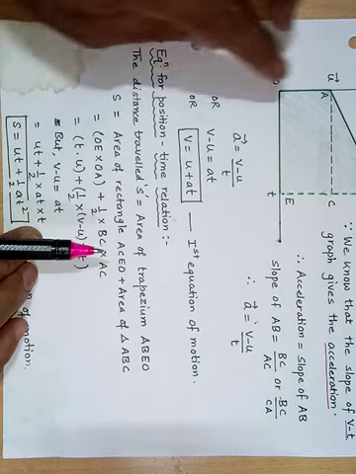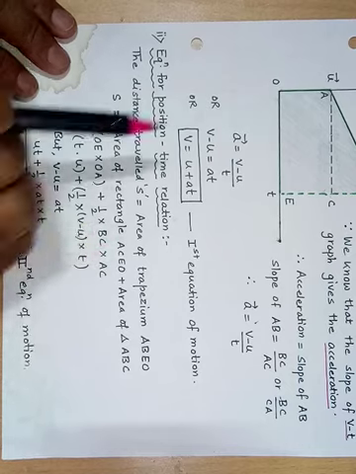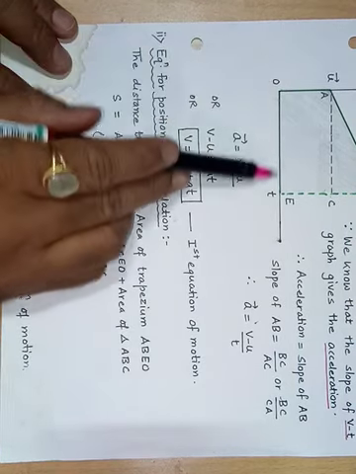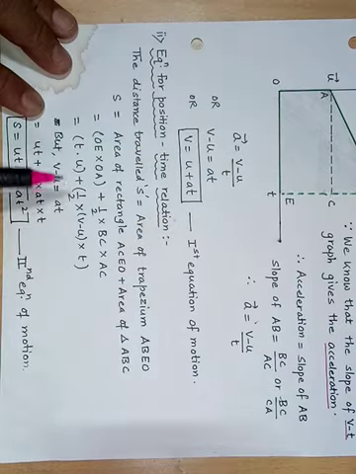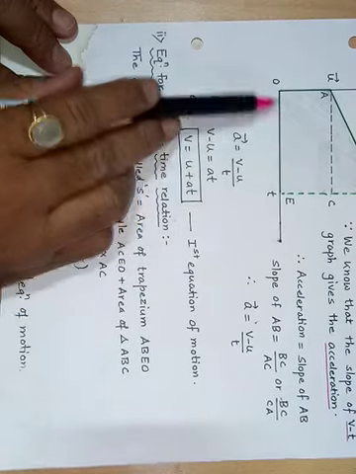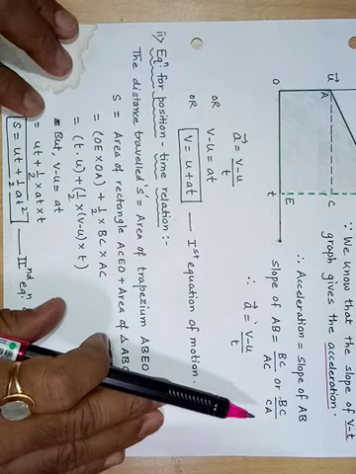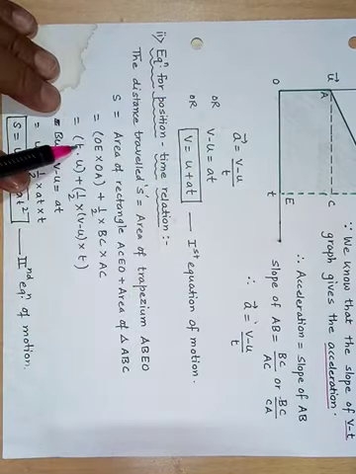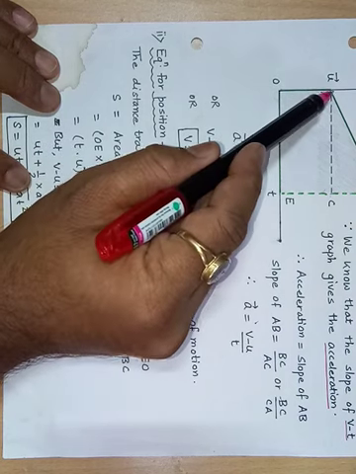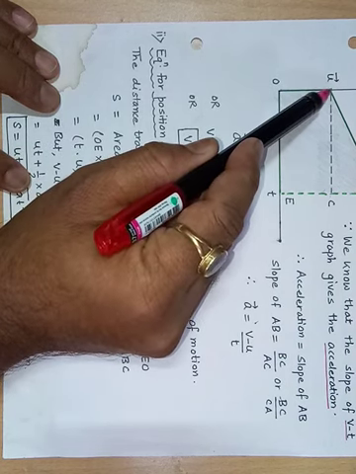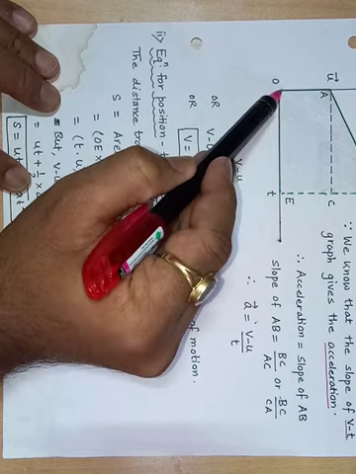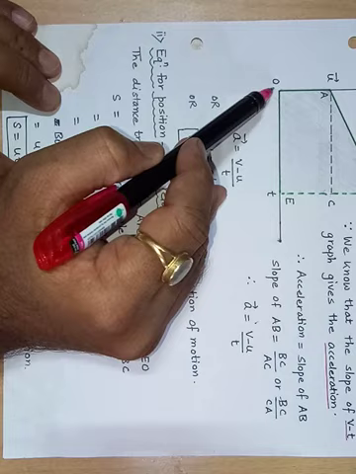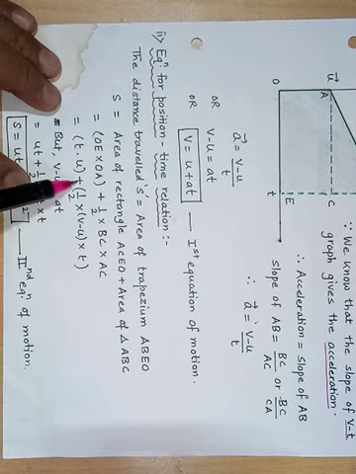Now if you look carefully at this graphical representation in terms of velocity and time, I can write this OE. What is this OE? OE is the time from 0 to t. So the difference between the point E and O, I can take as this particular segment OE. So t minus 0 will give me t. What is this OA? OA is the difference between this particular velocity u and this initial point. So I can write here u minus 0, which is u.